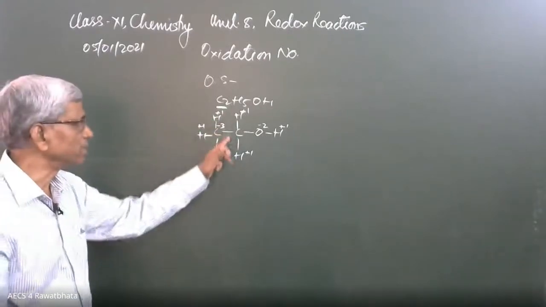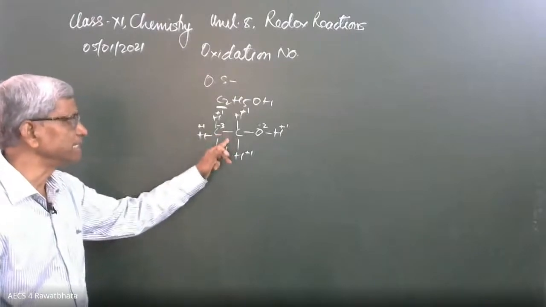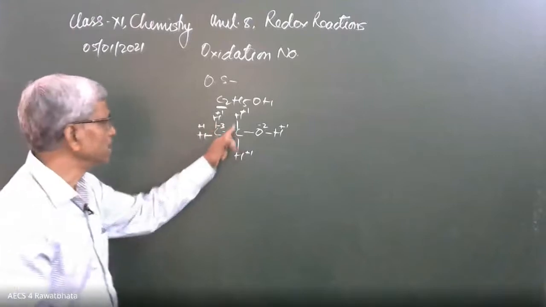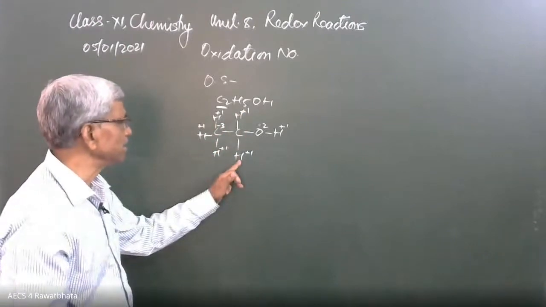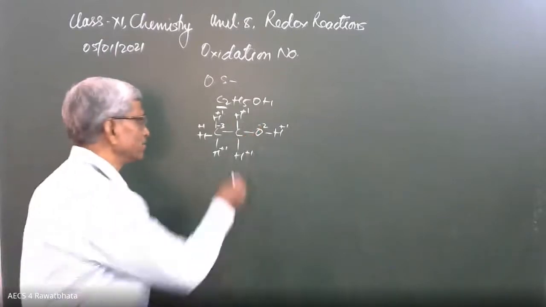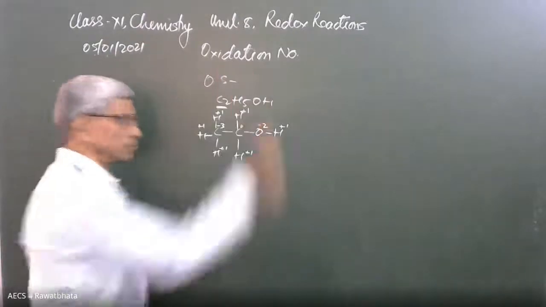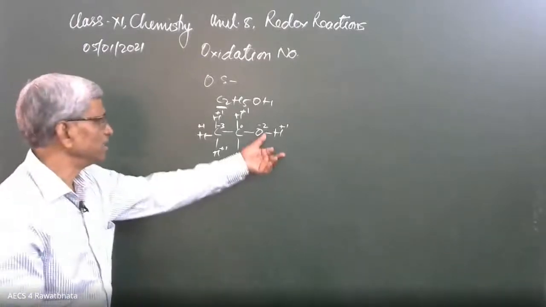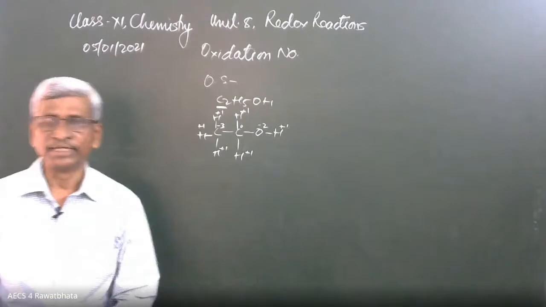And this bond is carbon-carbon. Therefore, after breaking this bond, no charge will come over the carbon. Around this carbon, here is -1, here is +1, here is +1, and here is -2. This carbon's oxidation state is 0. Okay, clear? And here the oxygen oxidation state is -2.